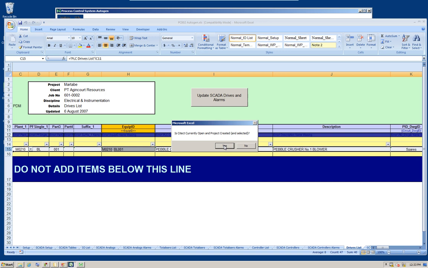And we, in this case, for auto generation purposes, we use this feature of SCADA products.